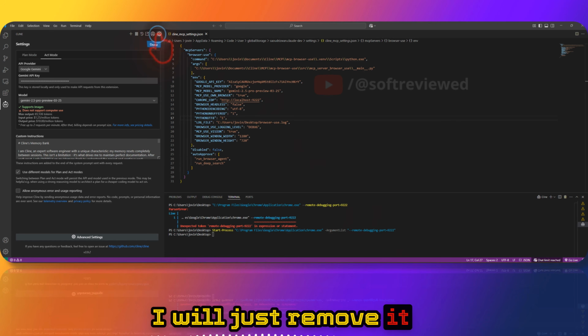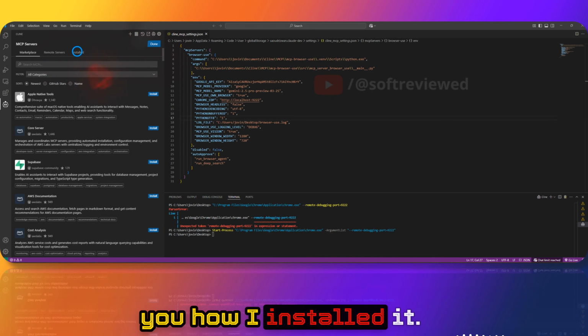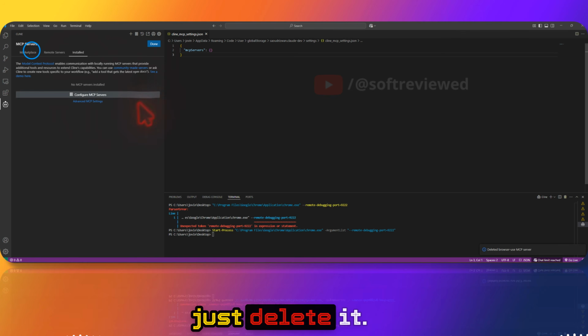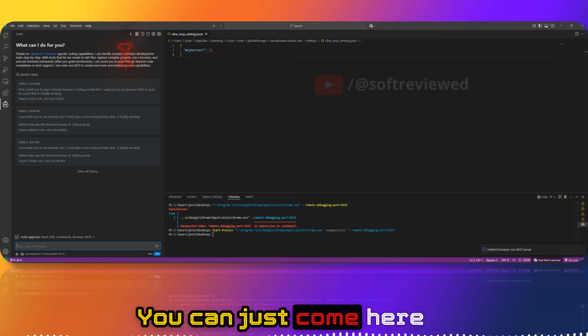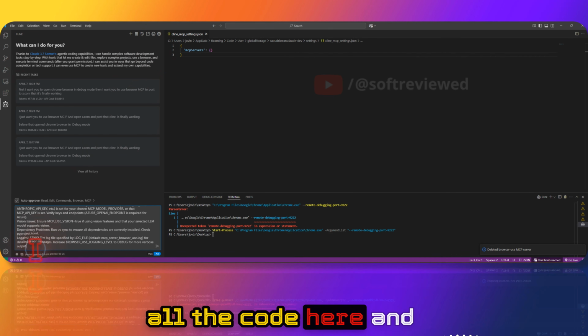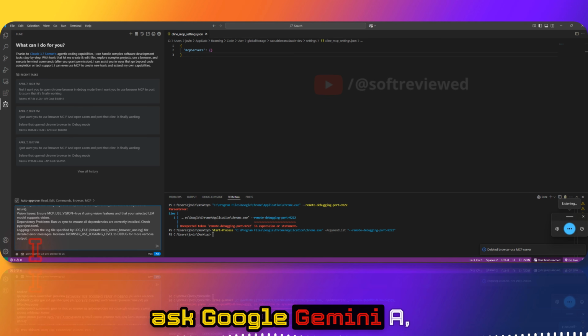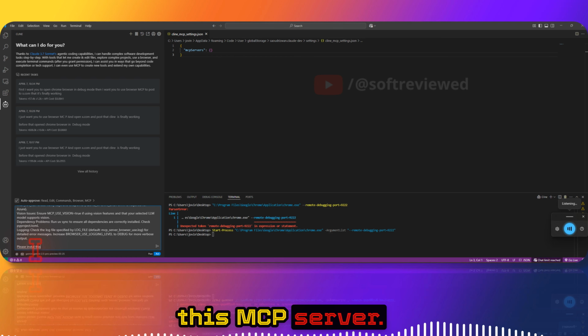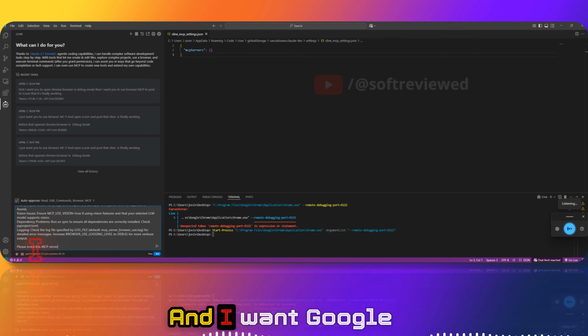I'll just remove it for you guys to show you how I installed it. So yeah, I'll just delete it. You can just come here and click the plus button. You can just paste all the code here and ask Google Gemini, please install this MCP server, and I want